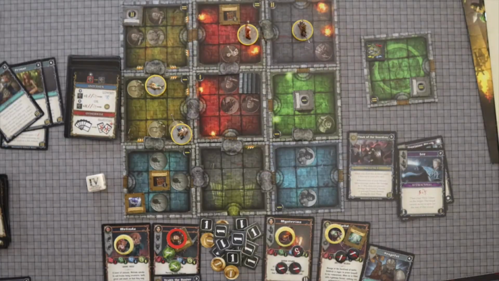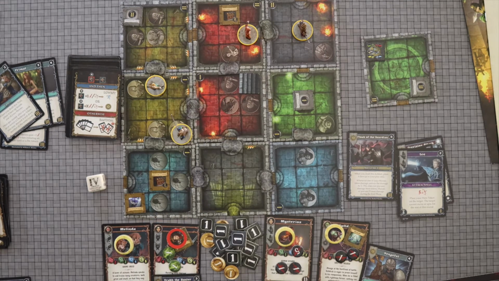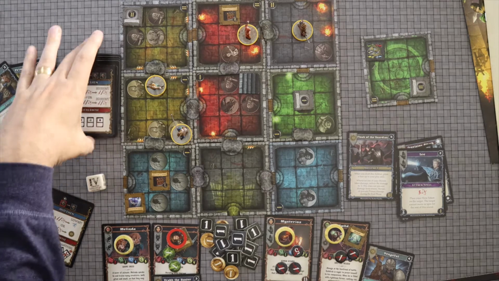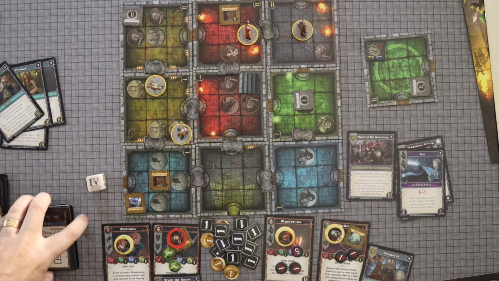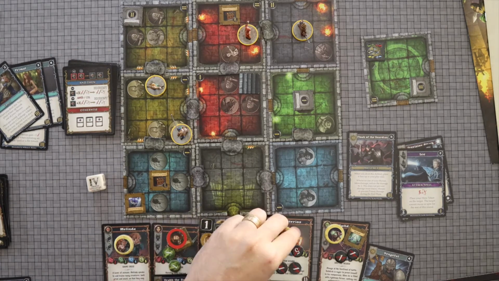And then I have to discard 2 cards here. And I'm going to discard Spark and Mitra. All right, now let's see what the next one's going to be. Take some damage on this next one. There's nothing I can do about it. Okay, so I'm going to go ahead and activate